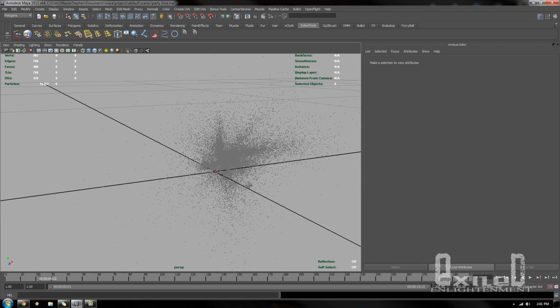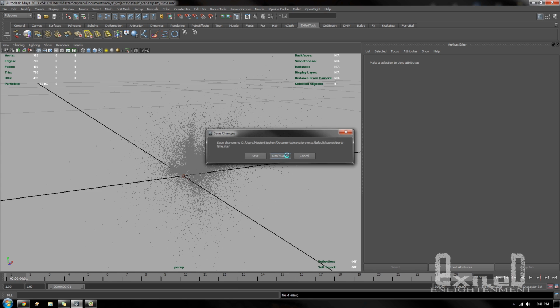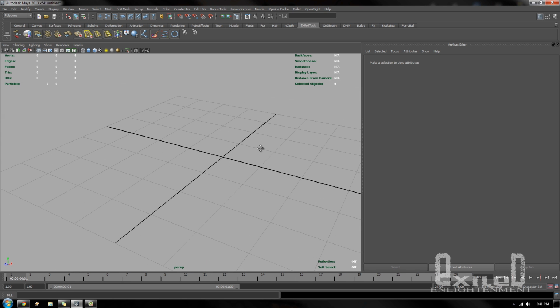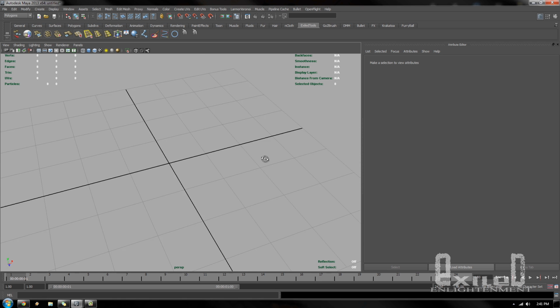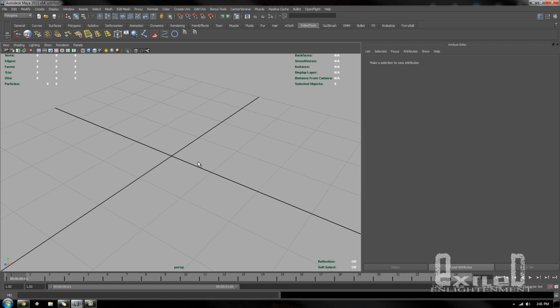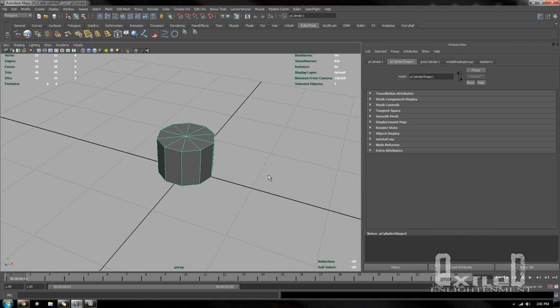So, first thing we want to do is to start a new scene. What we're going to do first is create some geometry for our particle effect to emit from. Depending on what sort of particle effect or shape for your particle system you want, will be dependent on what it's being emitted from. So, just for the tutorial's sake, I'm going to make a simple star shape, because I think that might give us a nice effect. So I'll create a cylinder, just put it in shading mode,